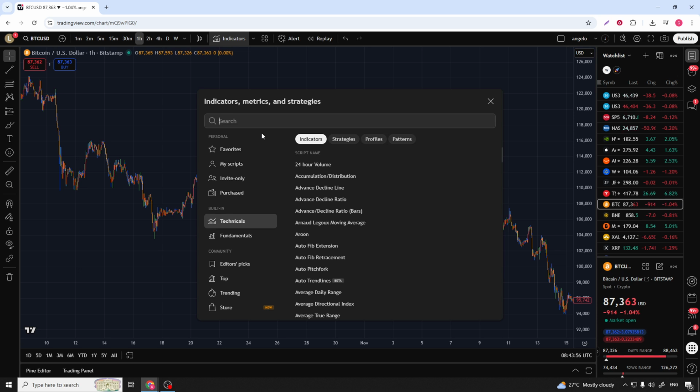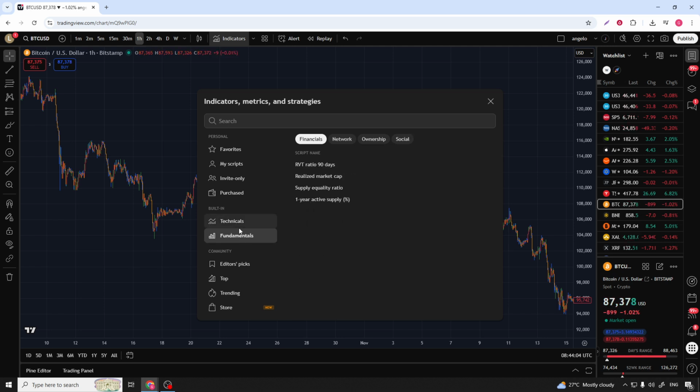This opens up the Indicators and Strategies window, which is where TradingView keeps all the tools you can layer onto your chart. Inside this window, you'll notice different categories along the side or across the top. What we want is the section called Fundamentals. Click on Fundamentals to switch from technical indicators over to the fundamental data that TradingView provides. This is where you'll typically find things like earnings, revenue, and other company-related metrics, but we're going a bit deeper